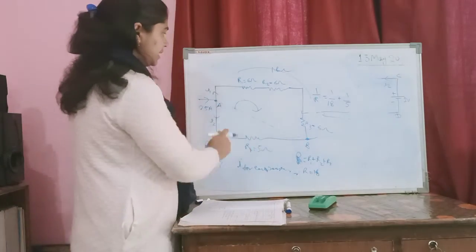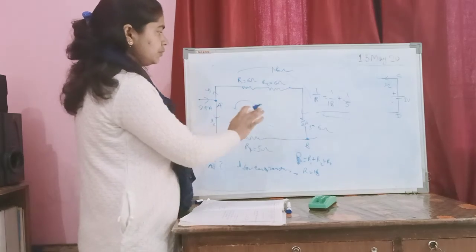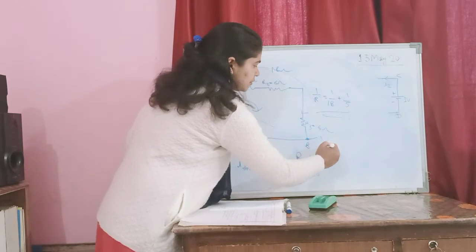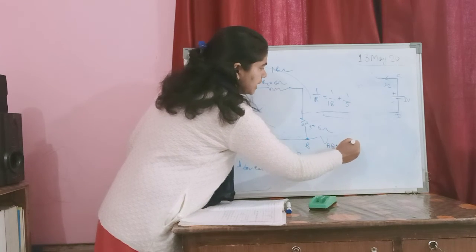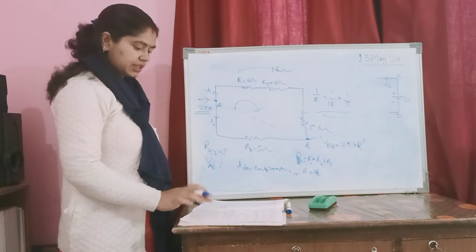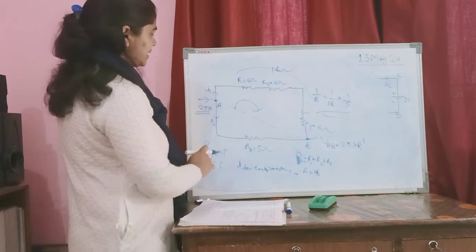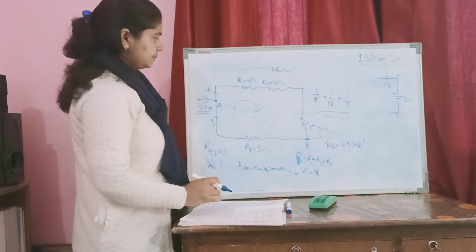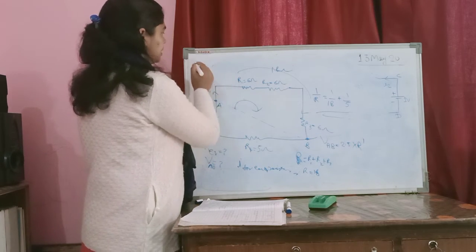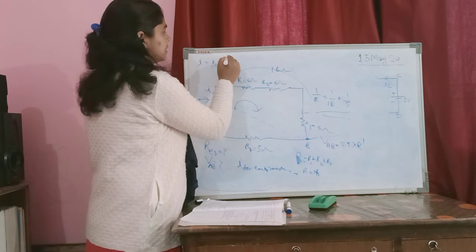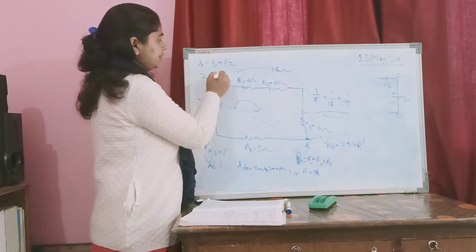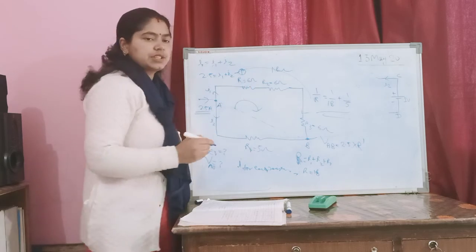It will be the current along this into the equivalent resistance. The current along this is 2.5 ampere, so VAB equal to 2.5 into R dash. Then we have to find the current along different resistances. It means we have to find I1 and I2. According to Kirchhoff's first law, the junction law, I equal to I1 plus I2, or we can say 2.5 equal to I1 plus I2. This is equation number 1.